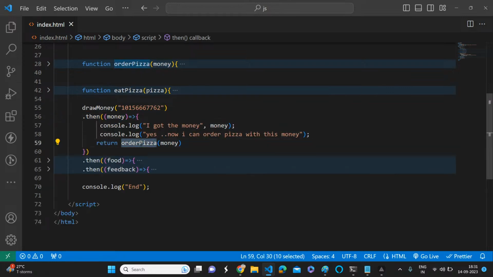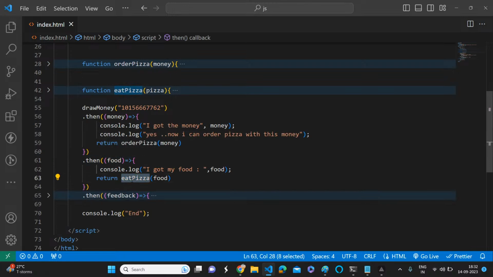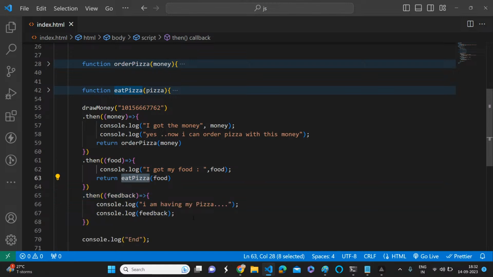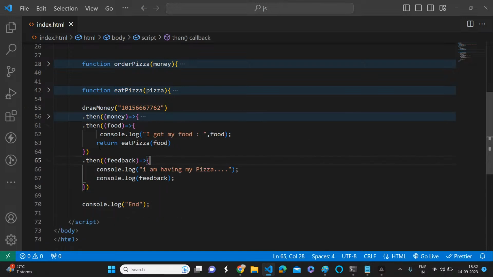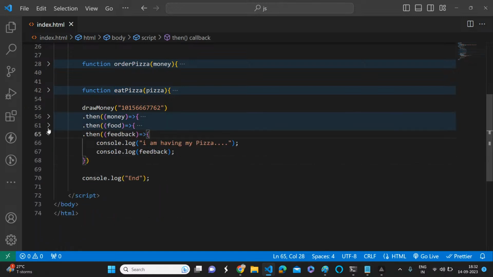So again, it is returning a promise, so that you should return to get that information in the next then method. So once you got that food, you're calling another asynchronous call, that is eat pizza. Even that is completed, so it is going to get the feedback that I'm having my pizza and I got this pizza. Okay, yes, it's difficult, but it's not really like rocket science.